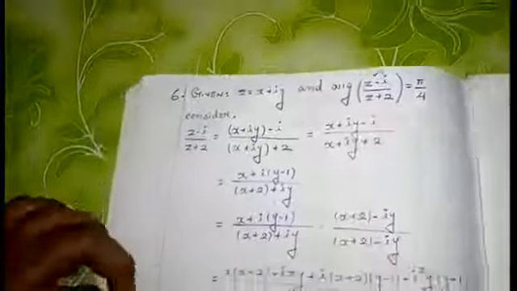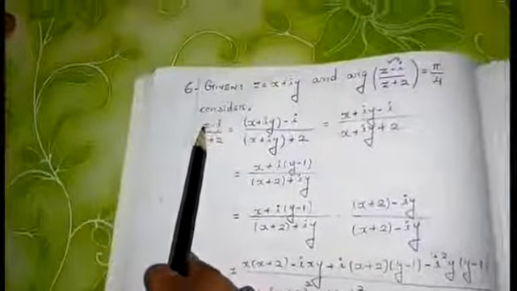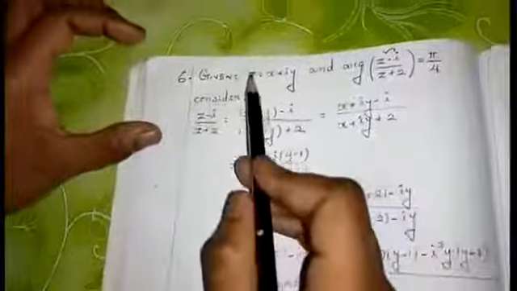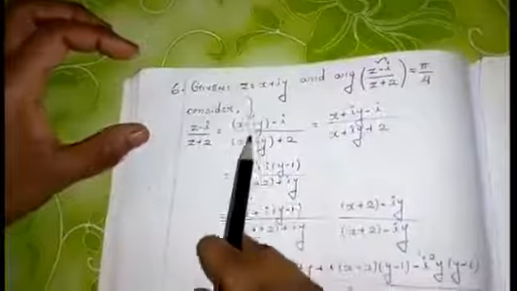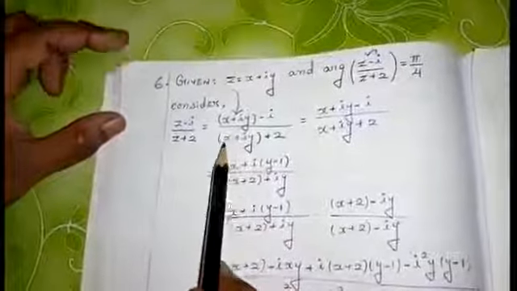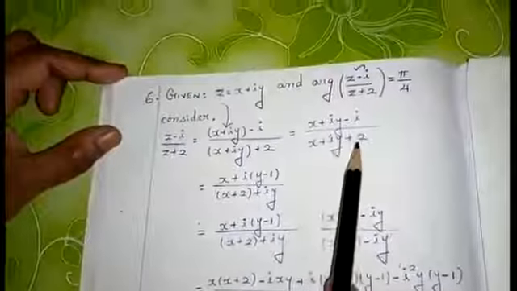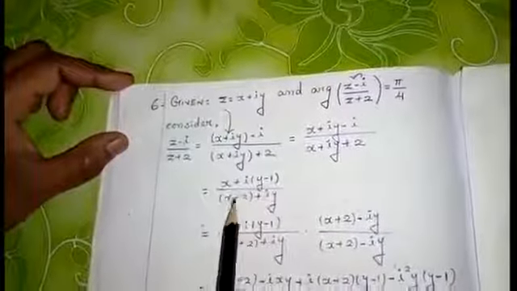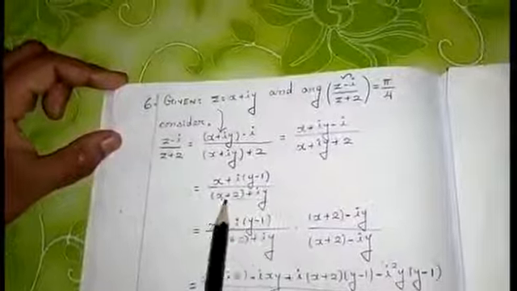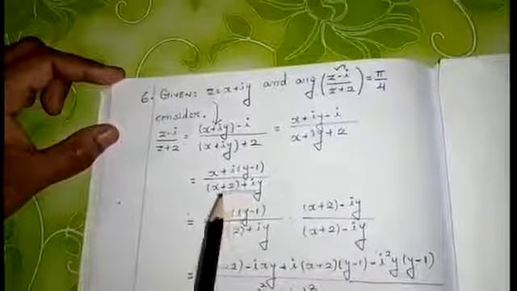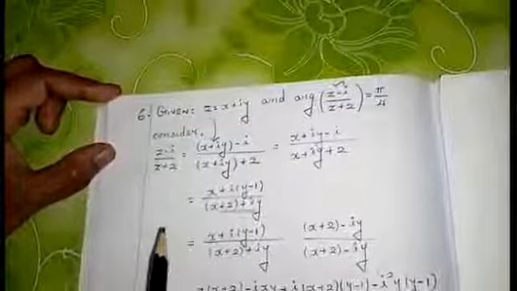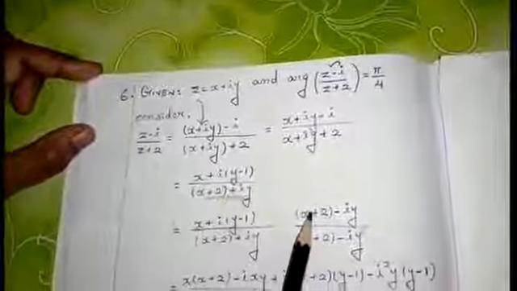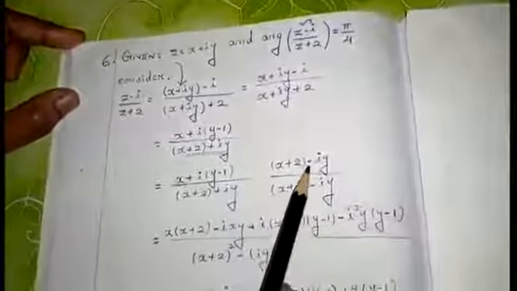So, what I am going to do here, students, is take z minus i divided by z plus 2. First, in place of z, I am going to replace the value as x plus iy. After replacing, I am going to arrange the real part and imaginary part. Just see here, students, I am arranging the real part and imaginary part in this way. After arranging, I am going to take the conjugate. How to take the conjugate? I check my denominator and change the imaginary part sign. So, divide and multiply by x plus 2 minus iy.